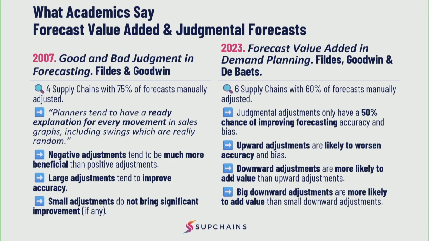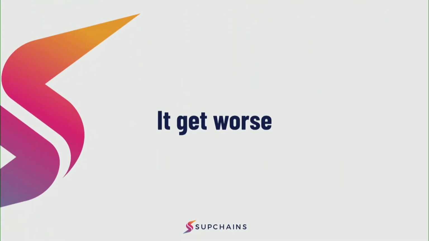I think, and that's my personal opinion here, not the research, that when we decrease the forecast, we need to have strong evidence, strong proof that it's going to materialize, because we need to say this to our colleagues and we need to bring bad news. And as human beings, we don't like to bring bad news, and people are going to question us about that. Now, if you bring good news, no one's going to ask you a question. So as you can see in the research, well, it's not going well, but it gets worse.